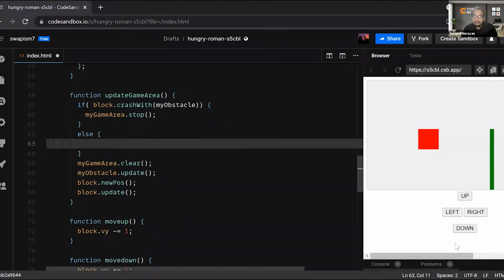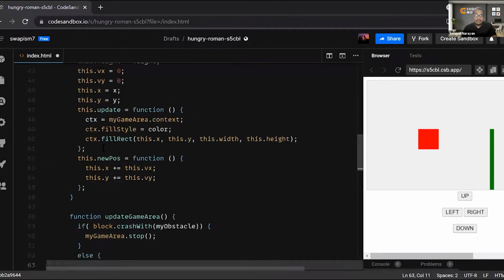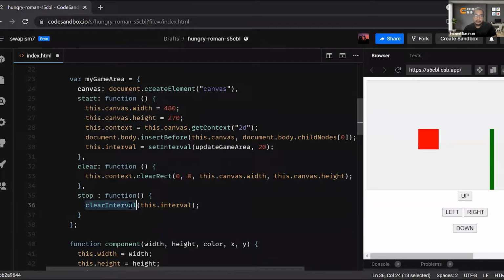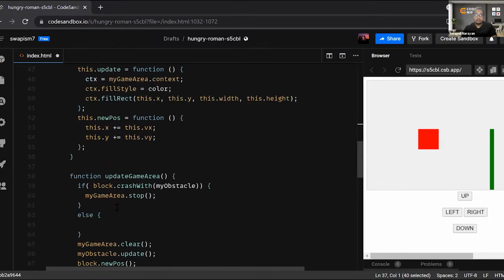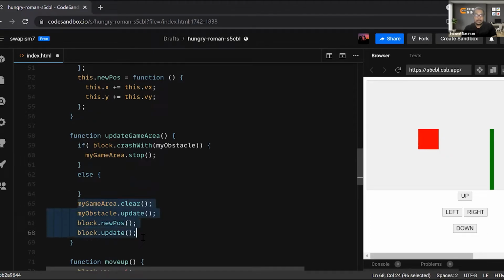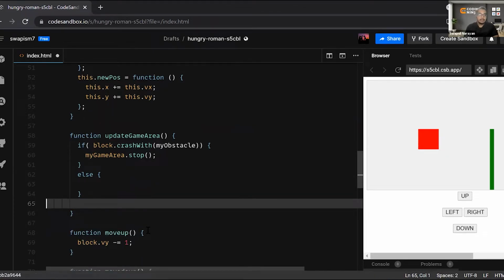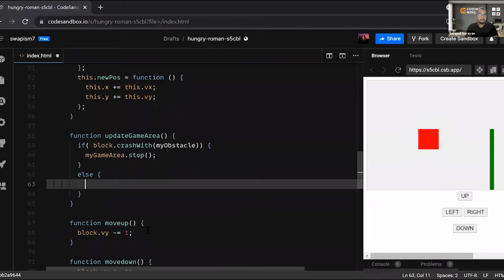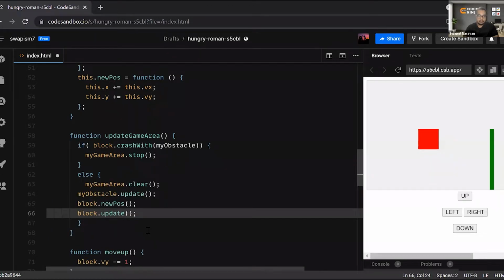and if you guys didn't understand, I want the complete game to stop. It's not like I want that particular object to stop. So think of it that way only. That's why in the stop I have stopped the complete element. I have cleared the interval itself, so the complete game is stopped. And in the else part I will put the remaining thing, the remaining 4 lines.